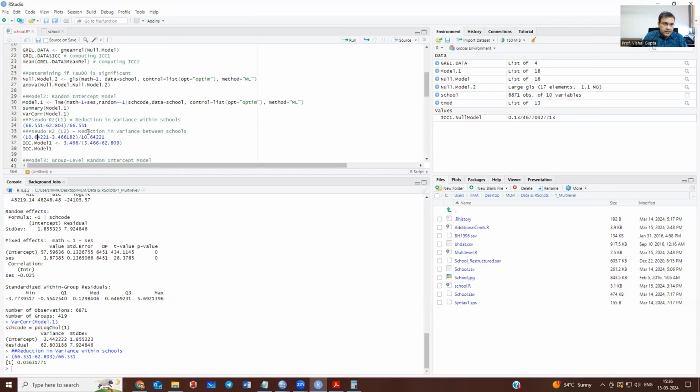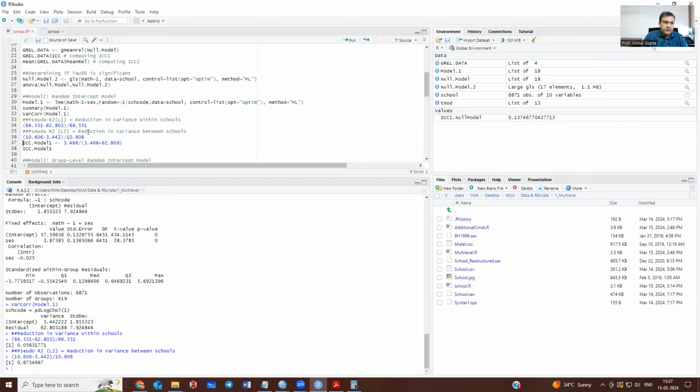Let us correct it because these numbers are of the REML. So this is 3.442 and this is 10.606. So this comes out to be